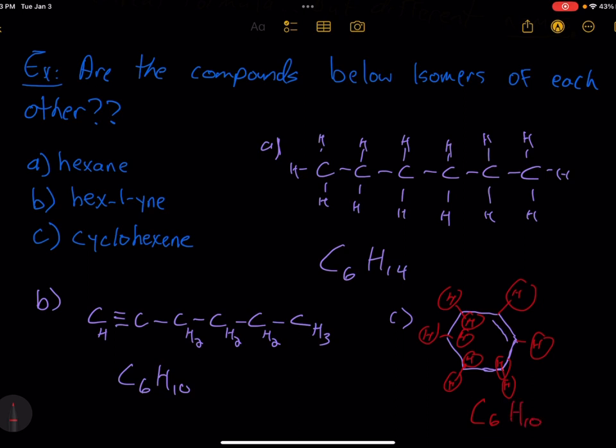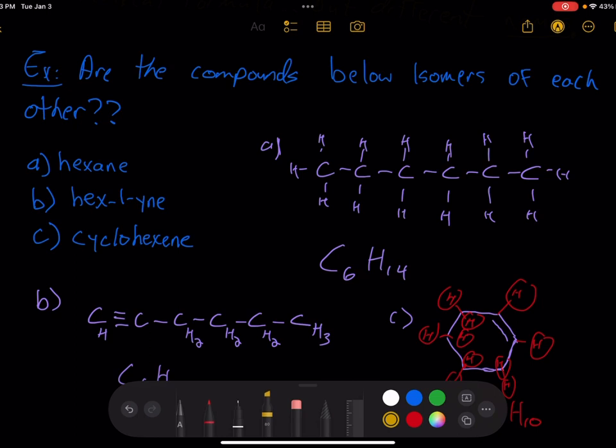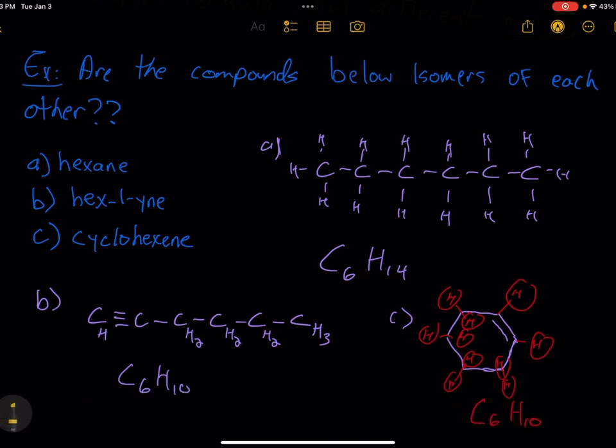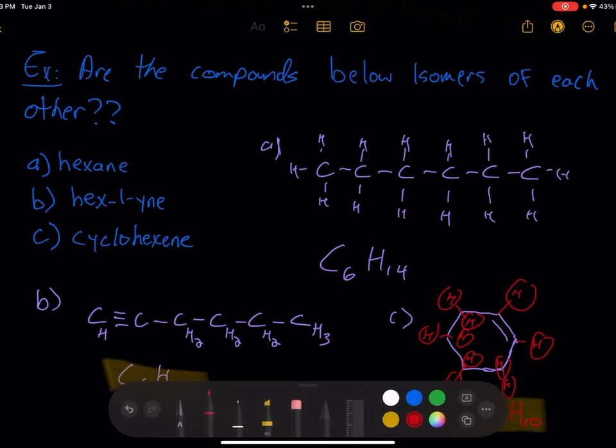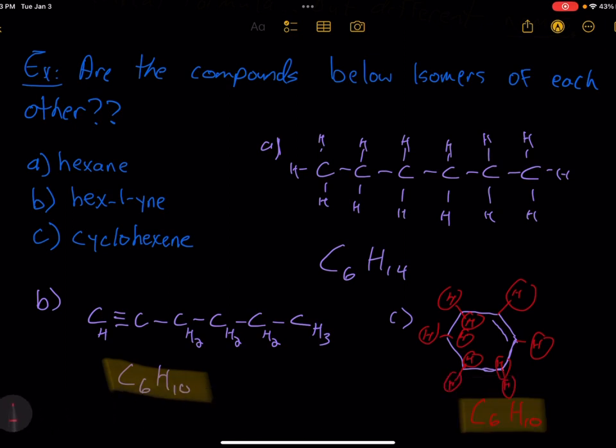And so when we look at these, we can see that these two have the same chemical formula, but different structure. So what that means is, and I'll write it over here, is that B and C are isomers of each other,